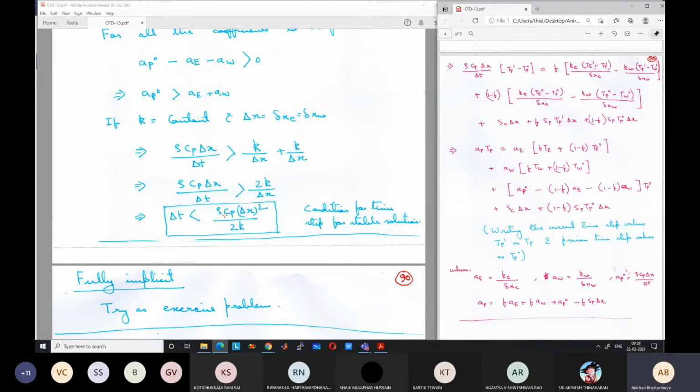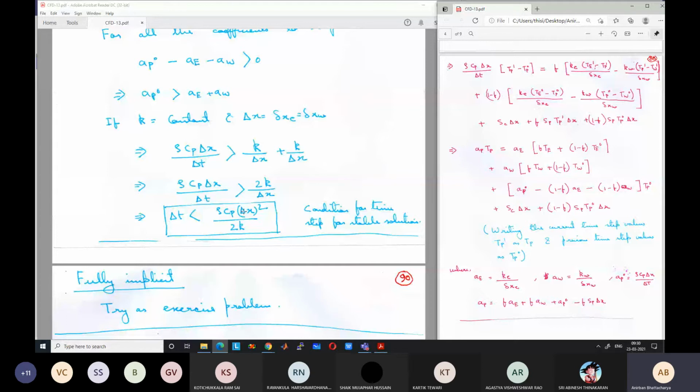I think we have discussed this briefly, that for explicit method, we need to satisfy a maximum time step condition. The time step cannot be larger than that. So the time step has to be less than a certain value, otherwise the solution can diverge. This delta t is actually proportional to delta x square. So if you reduce the grid spacing by 2 times, your time step has to reduce by 4 times to maintain stability. I think we have discussed this already. It will be there in the recorded lectures.